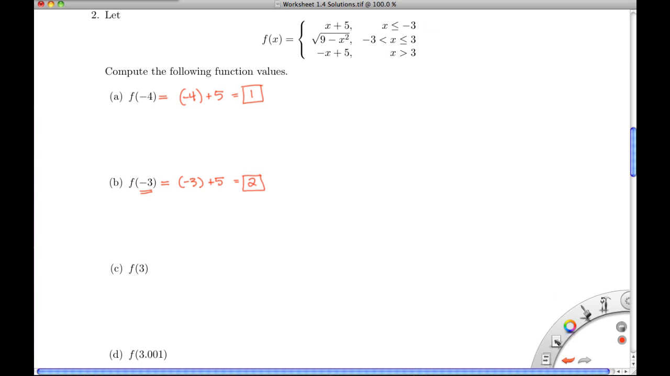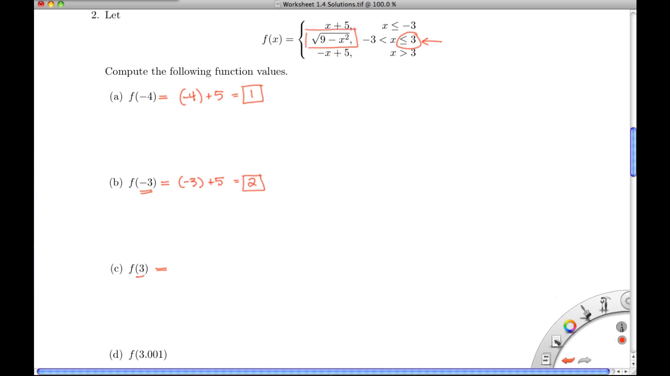Okay, so moving on to the next one, we're asked to evaluate f of positive 3. So let's head up to our piecewise defined function and see where positive 3 falls. Looks like in this second piece, this is accounting for all x values strictly greater than negative 3, but less than or equal to positive 3. So because of that less than or equal to positive 3, this is the piece that we're going to go